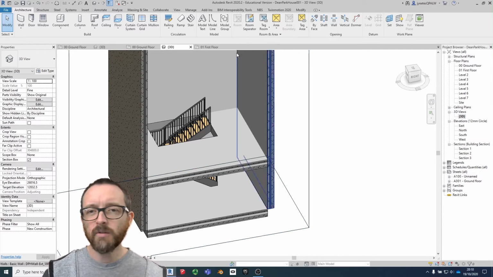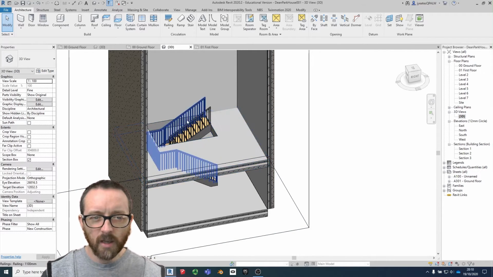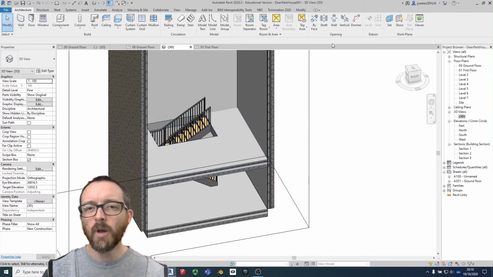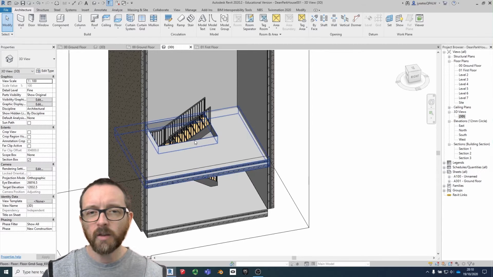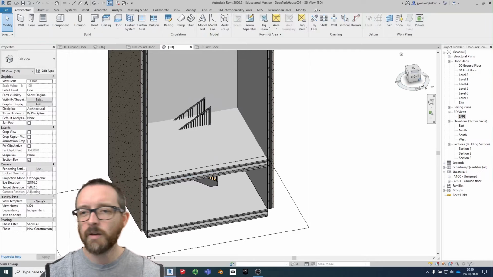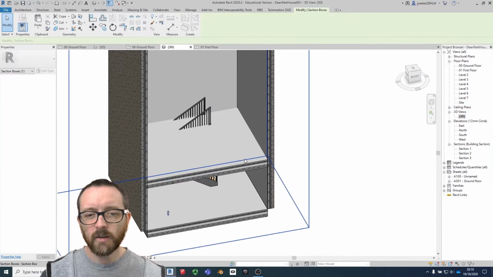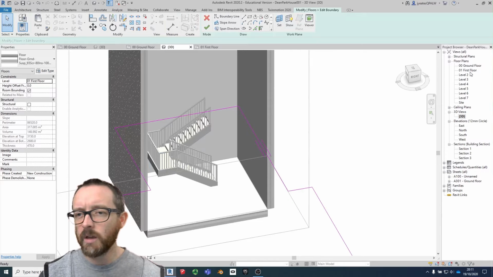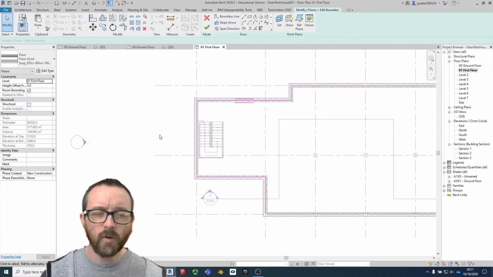What I think I might do in this instance though is, rather than use a shaft, because I want to get rid of this bit here, I don't want any overlaps, and I've got some windows that are going to be on this side, I'm just going to modify the boundary of the floor instead. So I carefully select the shaft and press delete. I'm going to select the floor that we've just drawn, there we go, and I'm going to press edit boundary,